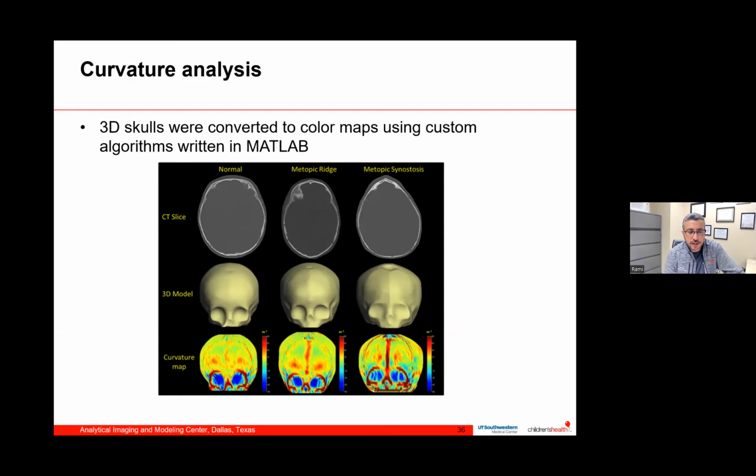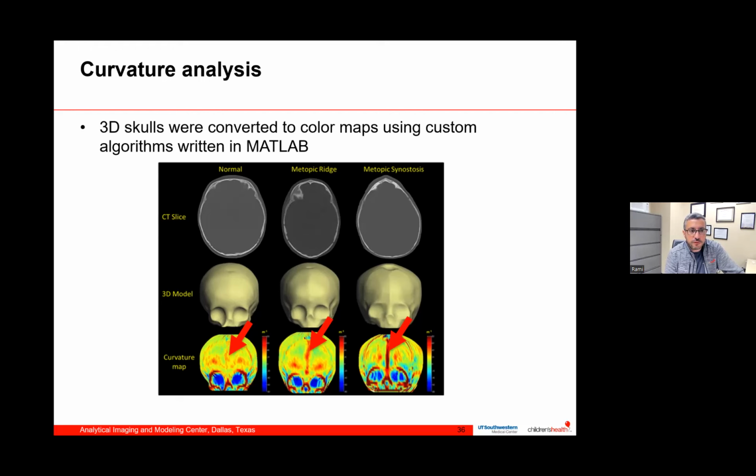So if I did the curvature analysis, which is pretty much telling me the convexity and concavity on these 3D models, then I can have very valuable features. For example, if you look at the ridging here for the normal, you don't see much redness because curvature doesn't tell me that this area is convex in these normal patients. But if you look at the metopic ridge, you can see a little bit of red values, which means that these metopic ridge patients have some ridging, but not as much as what you see on the metopic craniosynostosis. You see it to be very dark red.